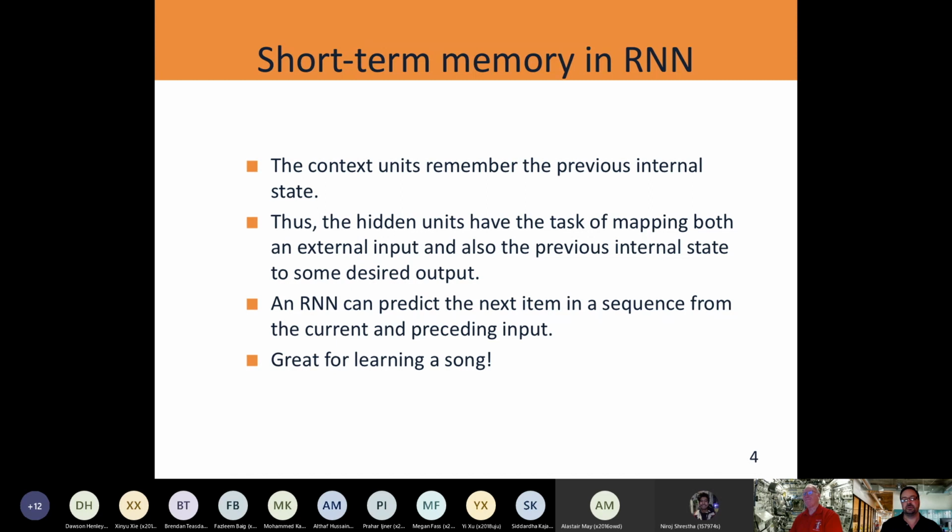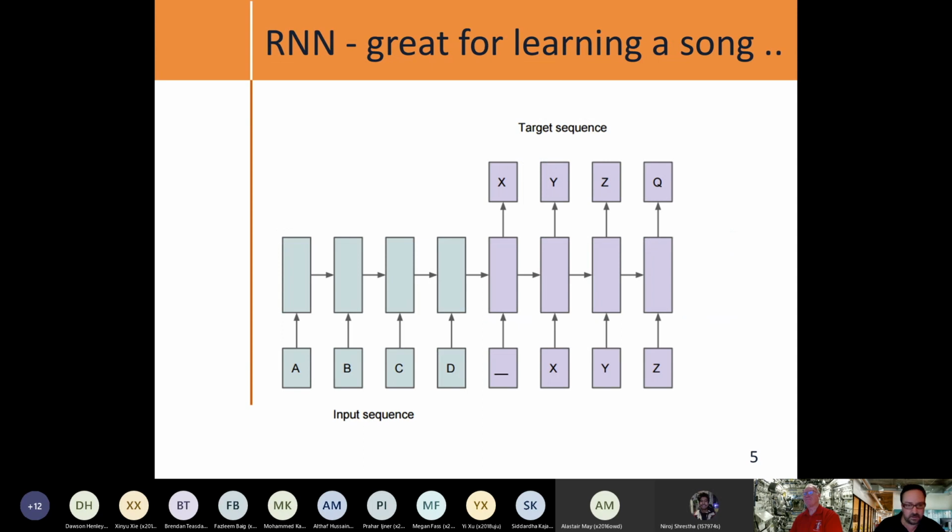It can do this pretty well for very short sequences, but as you can imagine, it doesn't necessarily translate into longer-term sequences. A recurrent neural net is great for learning, for example, a song, or it might be good for something like when you're texting and you want to know what word ought to be coming next, or you would like it to suggest something that's coming next. Texting is just another type of song, really. If you think about it, you're just creating a composition of words. In a song, you're creating a composition of chords or notes, and one comes after another in some way that makes compositional sense.